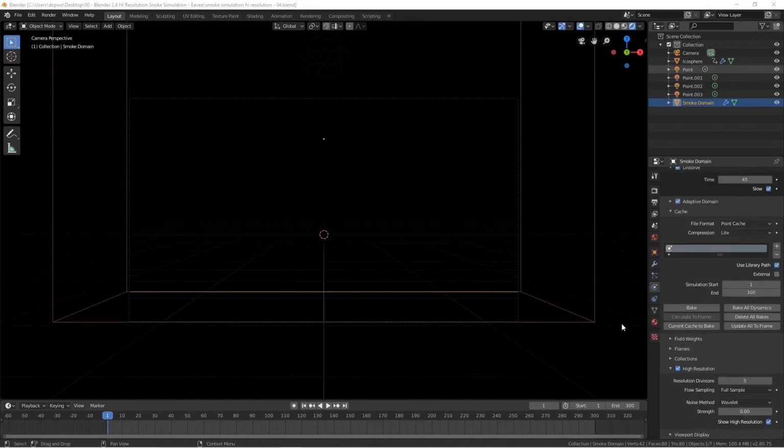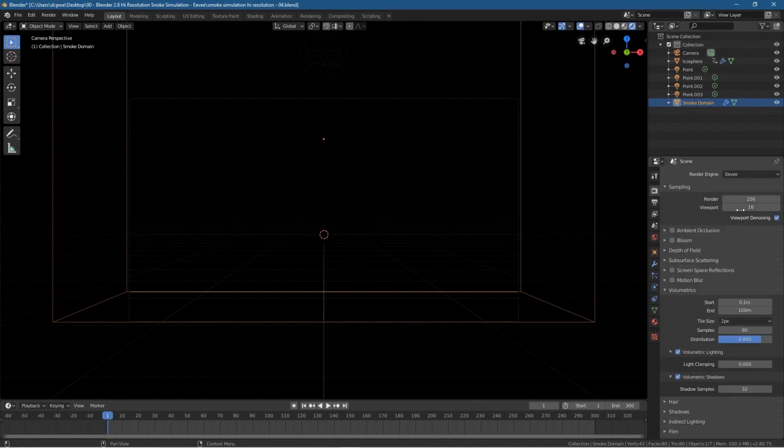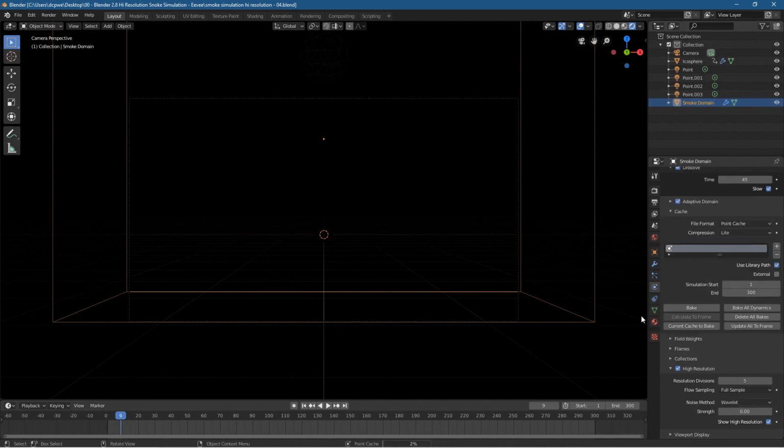Okay, before we do the bake, the last thing I want to do is just go back up to the render settings here and set the render up here to 256. In the viewport you can leave it at 16. In the render we'll set it to 256. We've still got the smoke domain selected, so let's go to the physics settings here, and we need to bake this now. So just make sure you go to file save before you bake, and then we'll go to bake all dynamics. So click on bake all dynamics, and you're going to see the timeline moving, and as the scene